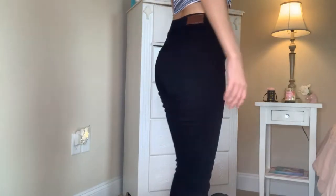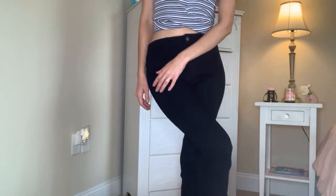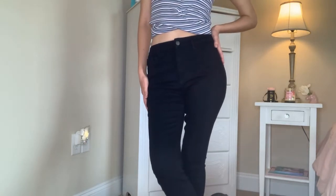They're super snug and they're so flattering on my body, and I have not owned any Hollister jeans before, so I'm super happy to be adding these to my wardrobe, and I was in need of some new jeans this fall and winter season. Alrighty, so moving along to Abercrombie and Fitch,